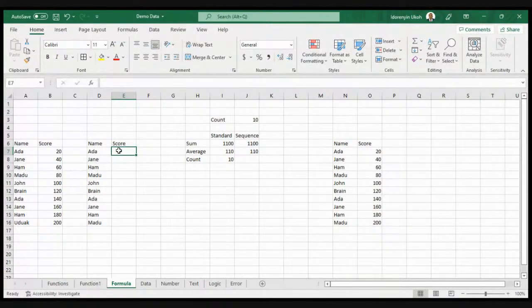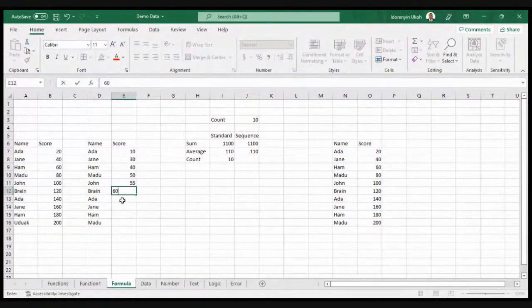Now, normally in Excel, let's assume we are trying to record scores of different subjects that all these people had in class. The person in the organization keeping that data would come in and type each score one by one, depending on what the people scored in class.